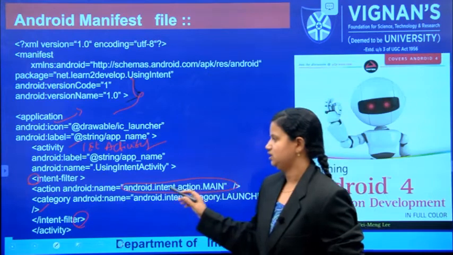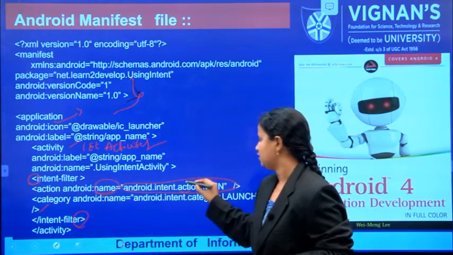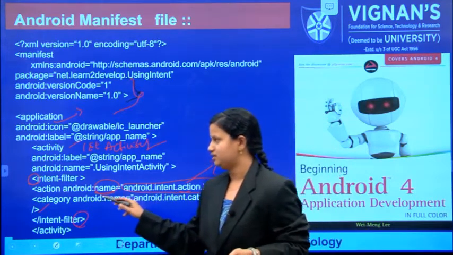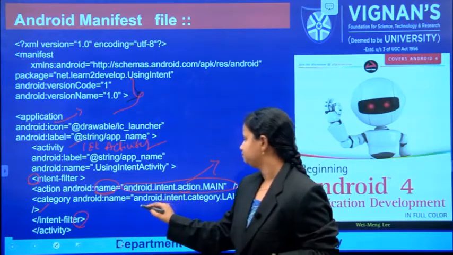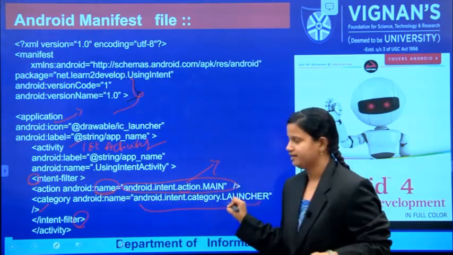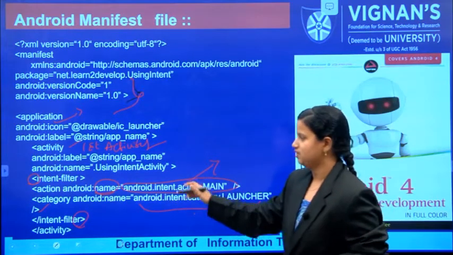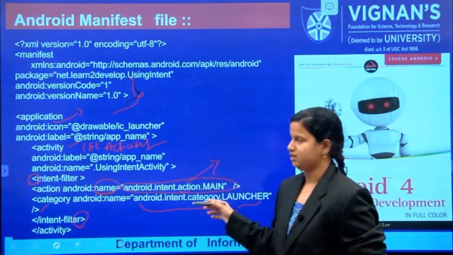The action android:name is action.MAIN, and this indicates that at the launching time of your application it will be invoked. That means the first activity will be invoked whenever you launch this application.